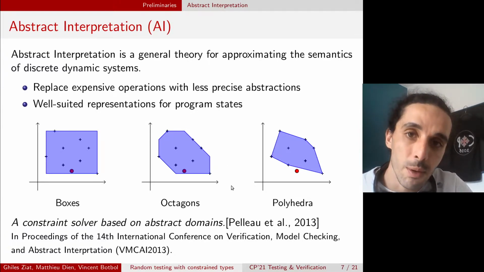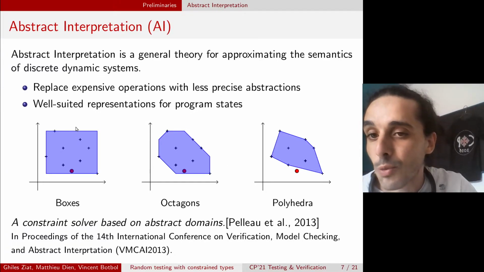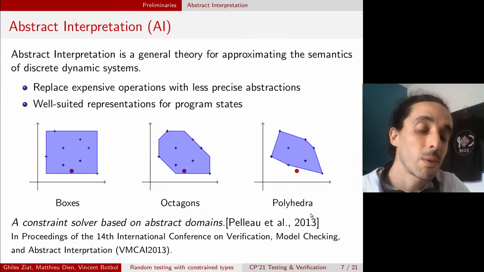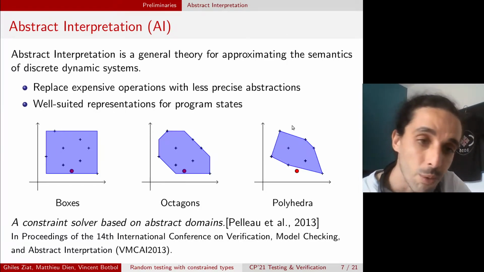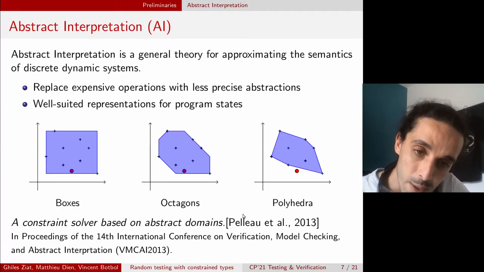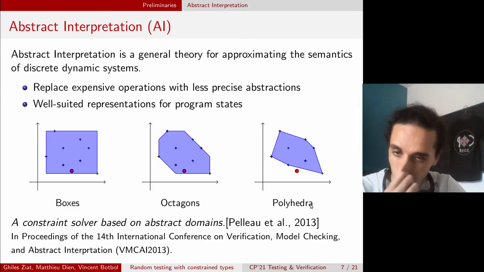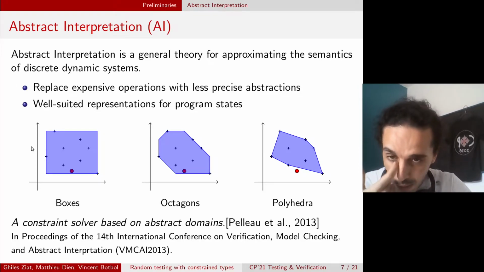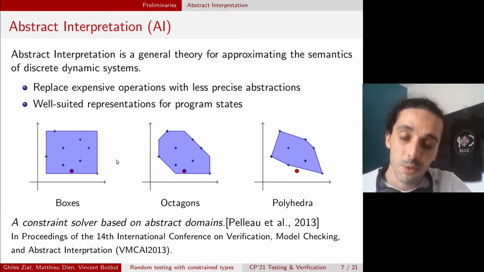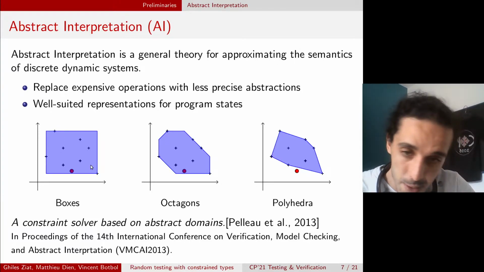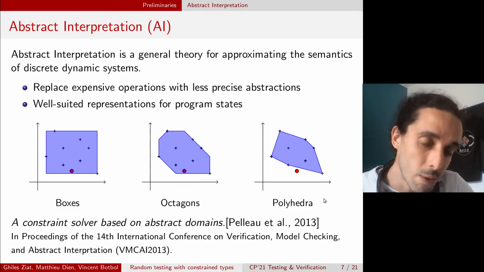To do that, abstract interpretation provides well-suited representations for program states, which are called abstract domains. Here you can see different examples of abstract domains, which are boxes, octagons, and polyhedra. Intuitively, we can see that they are well-suited to represent a constrained space, where the constraints are linear, at